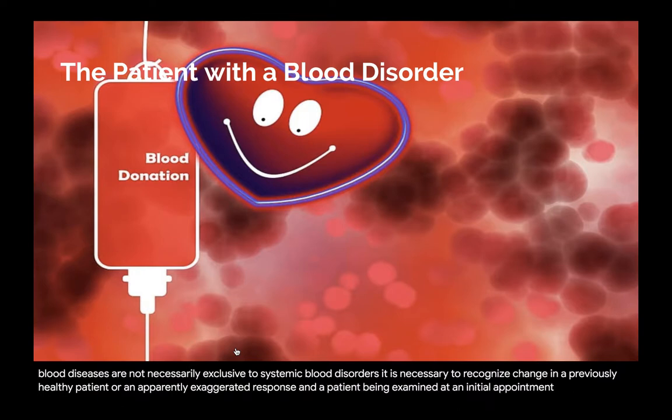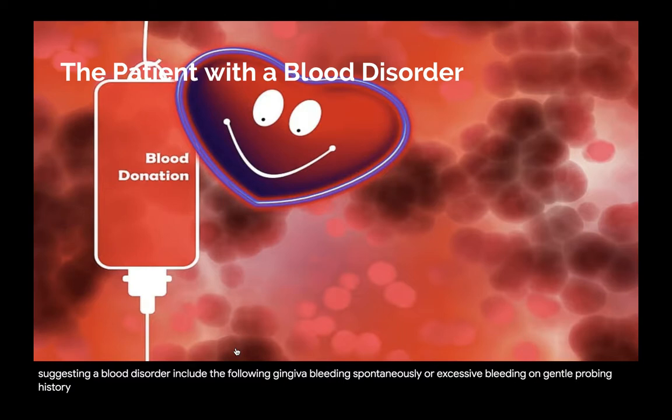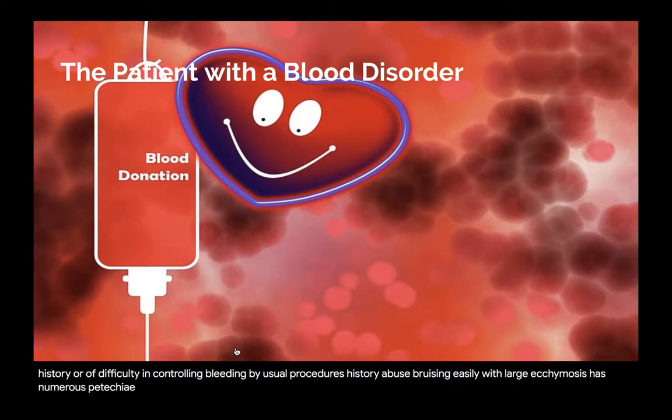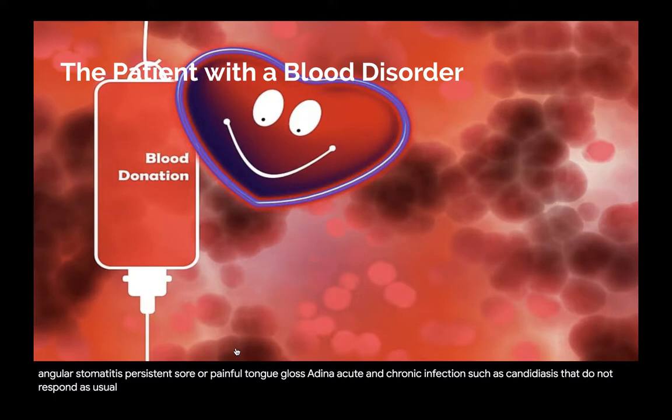Findings suggesting a blood disorder include the following: gingival bleeding spontaneously or excessive bleeding on gentle probing, history of difficulty in controlling bleeding by usual procedures, history of bruising easily with large ecchymoses, numerous petechiae, marked pallor of mucous membranes, atrophy of the papillae on the tongue, atrophic glossitis or magenta tongue, angular stomatitis, persistent sore or painful tongue, glossodynia, acute and chronic infections such as candidiasis that do not respond to usual treatment,